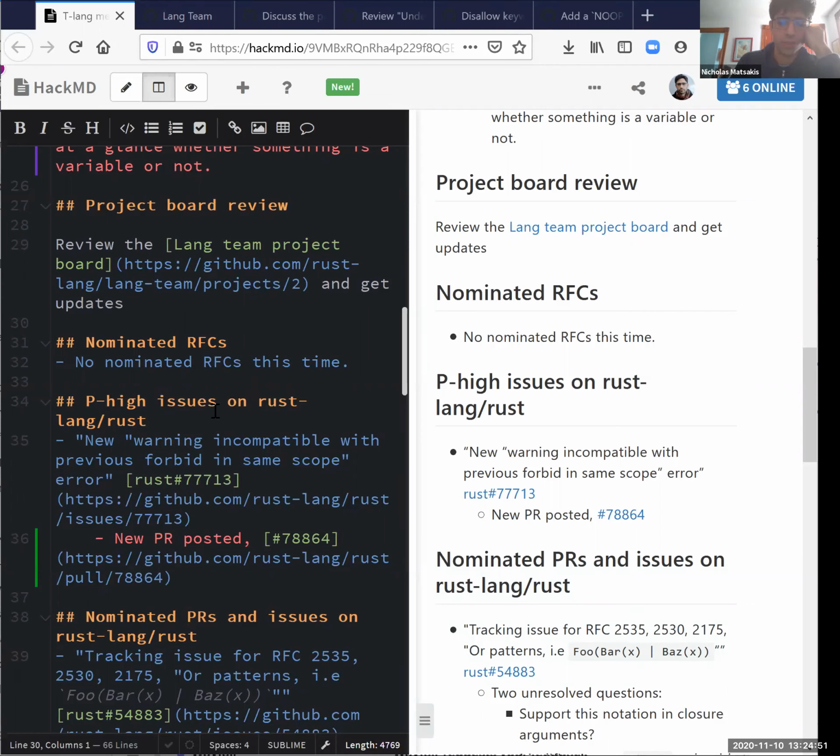I think one of the things that we need to do for the edition, actually soon probably, is to look over the idiom lints and schedule them for changing. In other words, we never really turned on the 2018 edition idiom lints by default in 2018. And there was a plan to start doing that as part of the 2021 edition RFC. And so we probably should review them in general, and this might be a good candidate of one. So we could maybe talk about it as part of that.